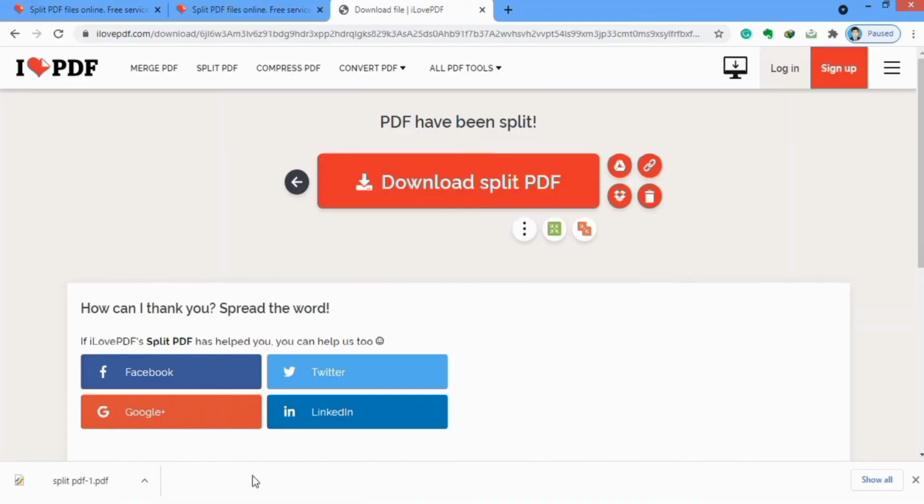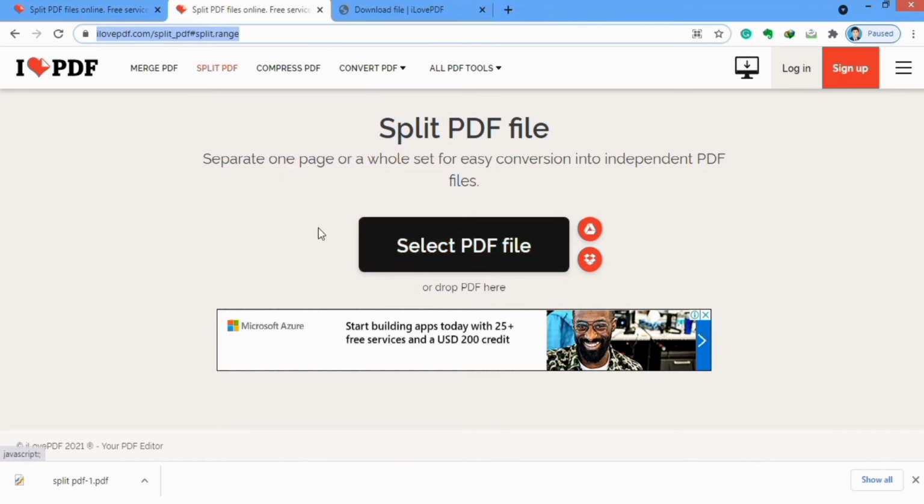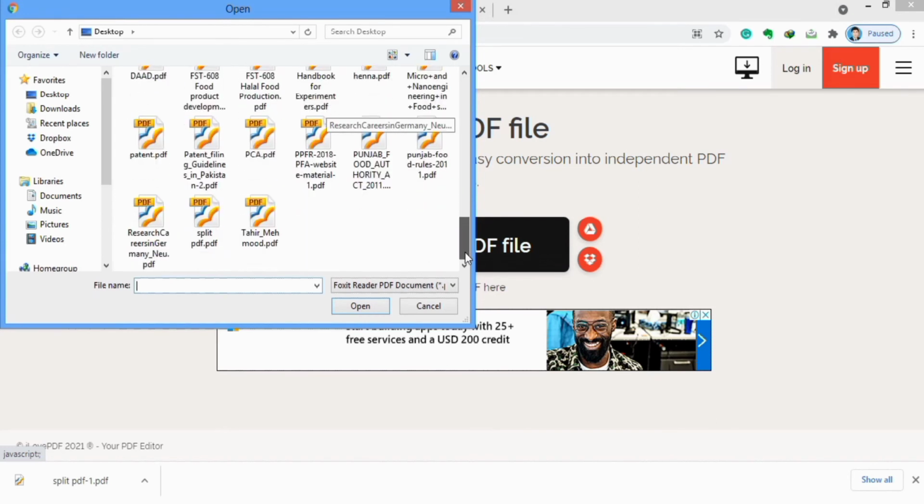For that purpose, go to this site again and go to select PDF file, and select that file which you want to use for separation.